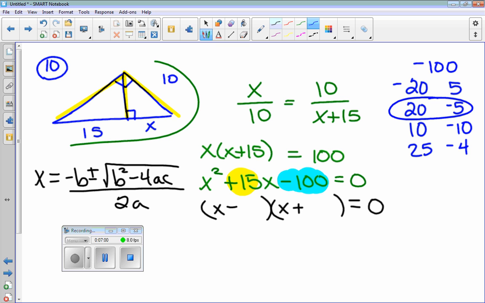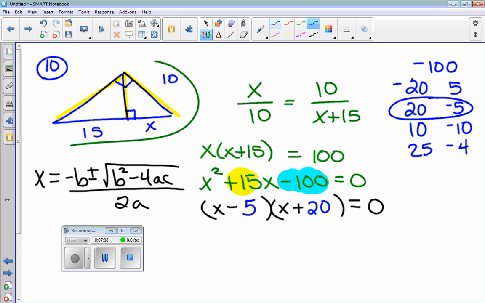So if you're stuck, just list the pairs out and figure out which ones add up to be the middle number. So positive 20 and negative 5. That's the correct factoring. Now, yesterday we also went over, and your algebra teacher might have shown you this last year, how to factor this when your leading coefficient is 1, because it only works if the leading coefficient's 1. I can plug that into my calculator, x squared plus 15x minus 100, and I can graph